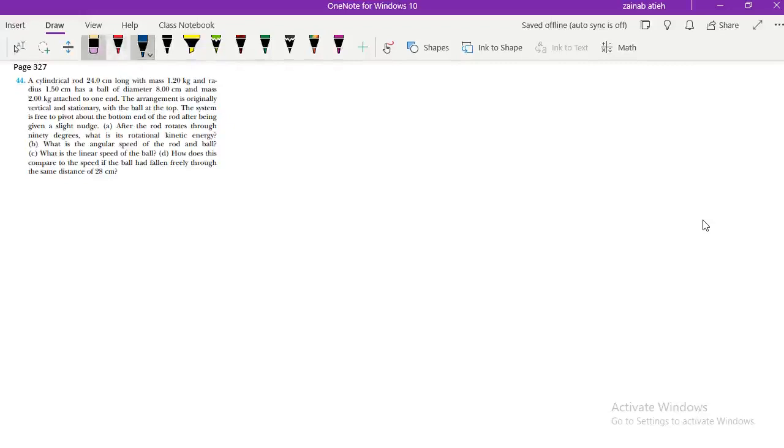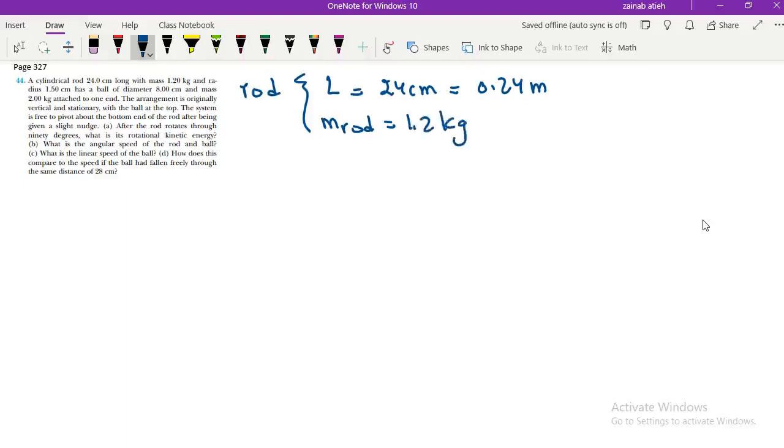So I will write the given for the rod. It has a length L equals 24 centimeter, which is 0.24 meter. We've got its mass. Mass of the rod is equal to 1.2 kilogram, and the radius of the rod, it's